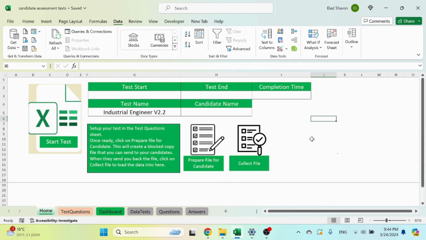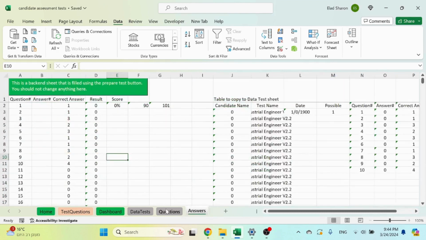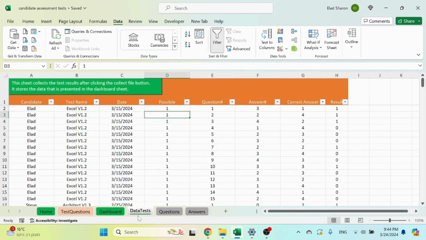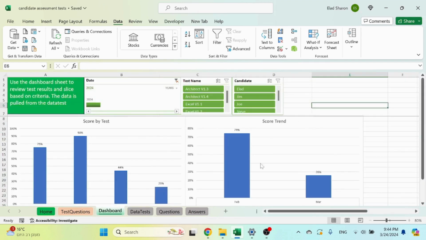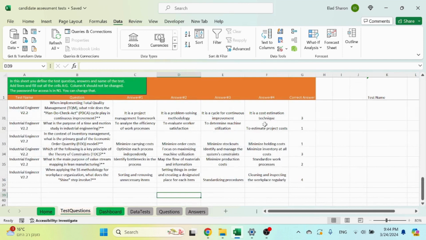The file structure has a few sheets in it. You have the answers sheet, questions sheet, and data test sheet, all colored in gray because they're backend sheets that you don't have to do anything with, and they're working behind the scenes. There's the dashboard sheet that can show you your past results for certain candidates, for certain tests, so you can compare the results. You have the test questions sheet where you have to prepare